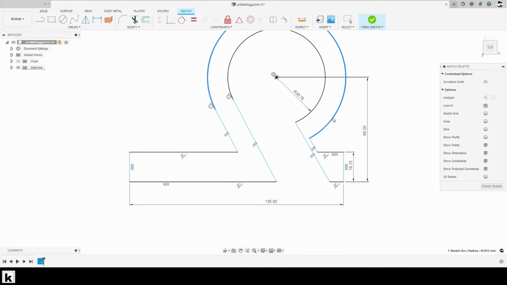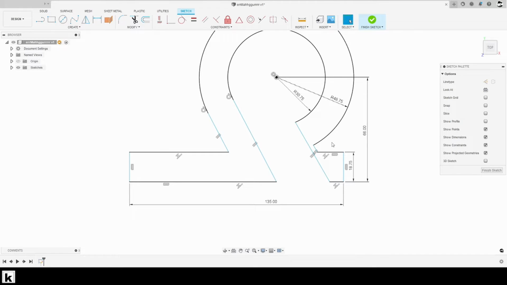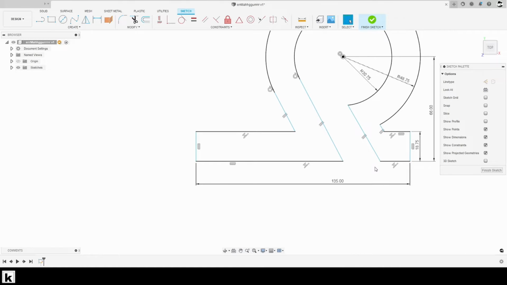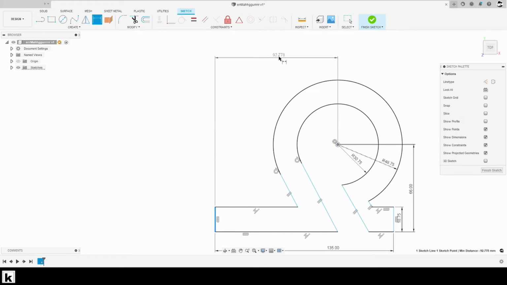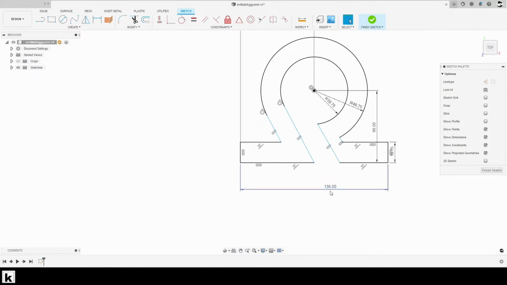30.75. And then we're going to, okay, radius is on 48. See, this is starting to look better now. From this side to here is 67. I'm going to go on top here so it doesn't get confusing. 67.5, which brings us the overall